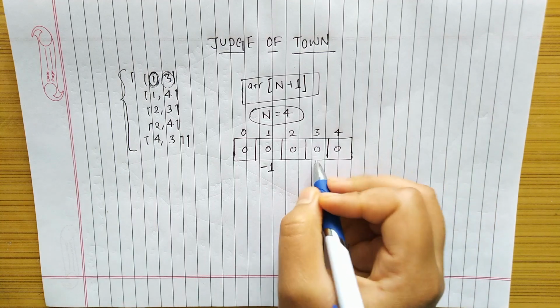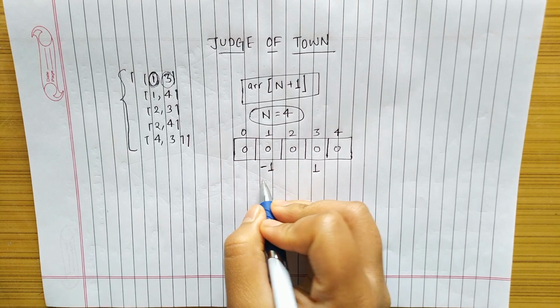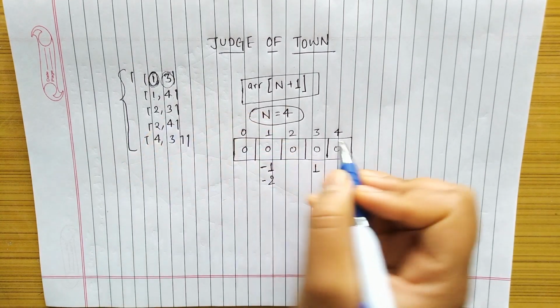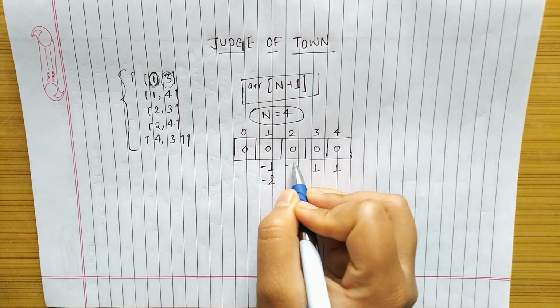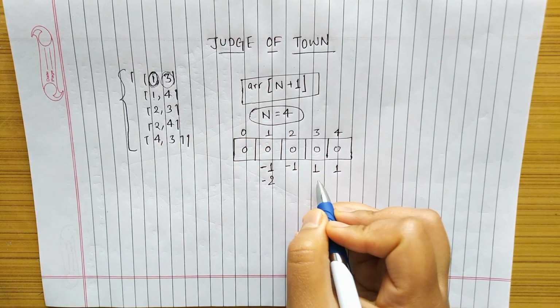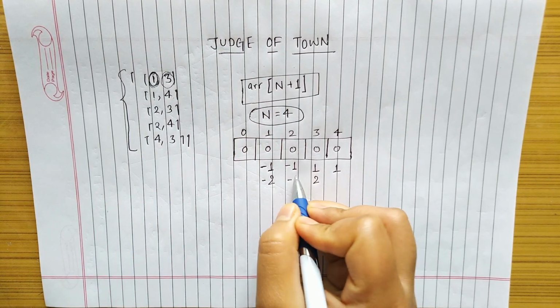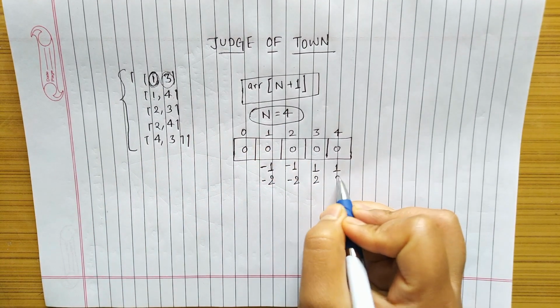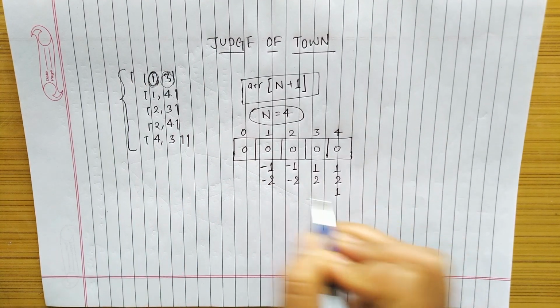So for 3, 0 becomes 1, and then again for 1 it becomes -2. For 4 it becomes 1. For 2 it becomes -1. For 3 it becomes 2. For 2 it again becomes -2. For 4 it becomes 2, and now for 4 it gets decremented and becomes 1, and for 3